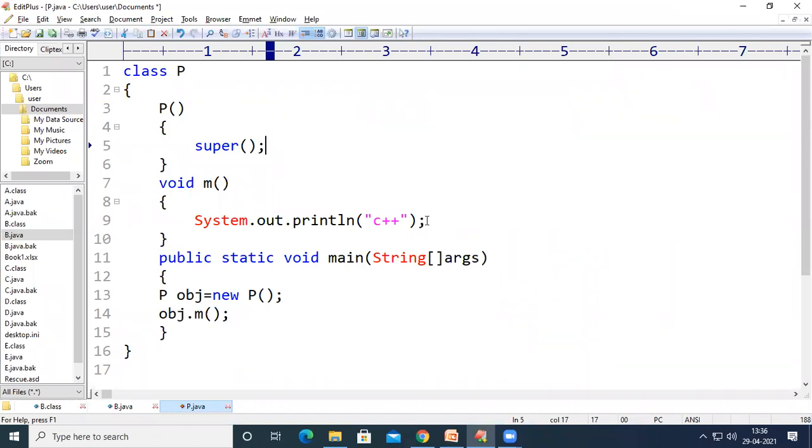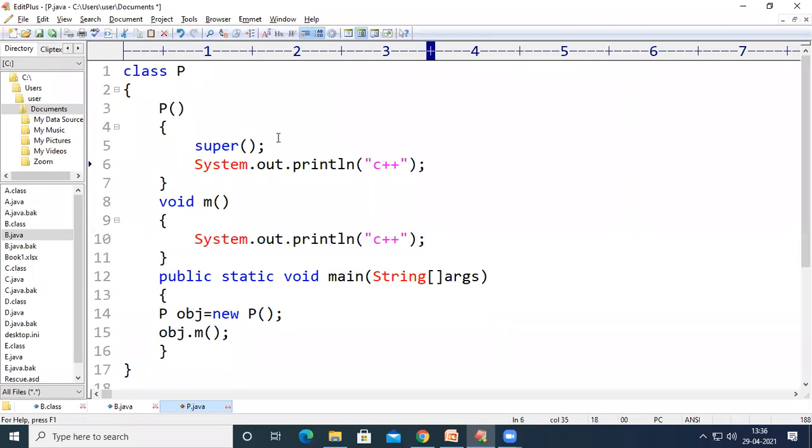For example, previously you have written something like system.out.println Java, right? There you don't mention any super keyword, but during compilation, if you write the super keyword in the constructor, it is okay. If you don't write it, the Java compiler is going to add the super keyword as the first statement of your constructor.